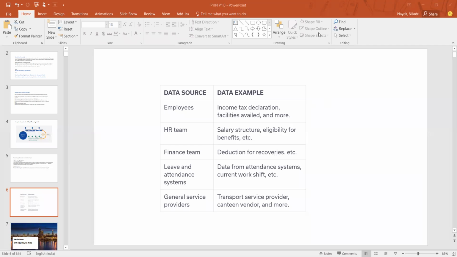Whenever you're hiring an employee, just try to maintain these infotypes. Whenever you're processing the payroll, you will be able to understand more detail about what all these different infotypes are and how they impact your payroll process. Anyway, I'll be explaining all this in detail, topic wise. So this is regarding your infotypes for Indian payroll, and the data source, as I was mentioning, employees. The HR team also will be maintaining some specific data for your payroll, and